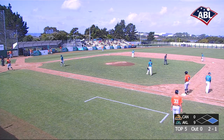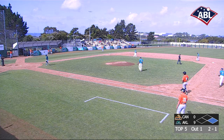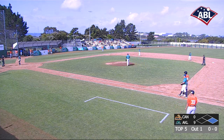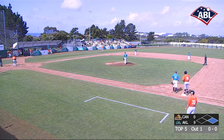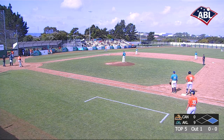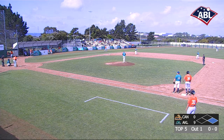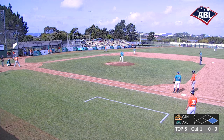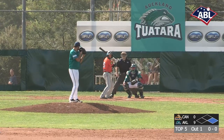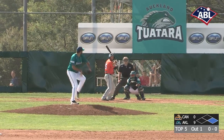That strong wind blowing out to us in right field, carrying that ball just a little bit further than Richards initially thought, but scuttling back in. No mistakes made by Renaissance Richards, 14 on Instagram. He's certainly become one of the favorites of the stream. We've seen him play everywhere. We've seen him hit all over the ballpark, and we'll continue to keep behind him as he shows the ABL